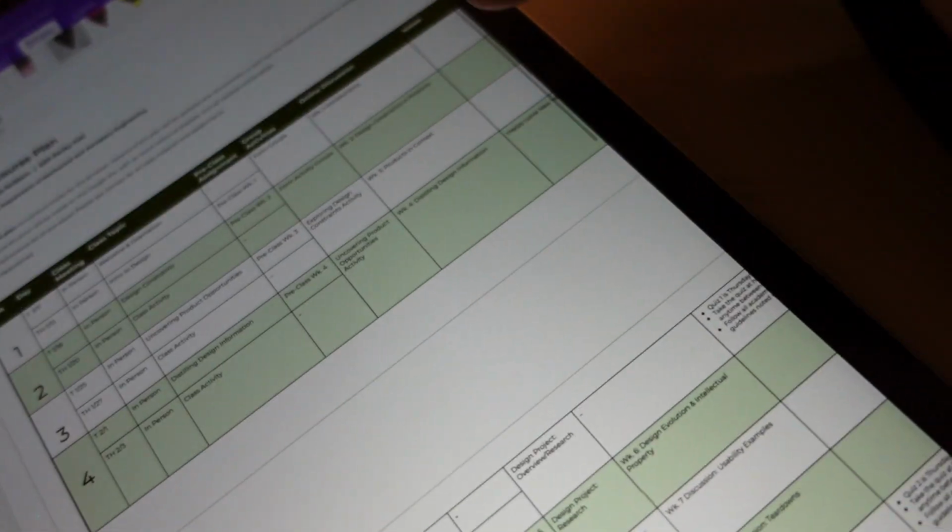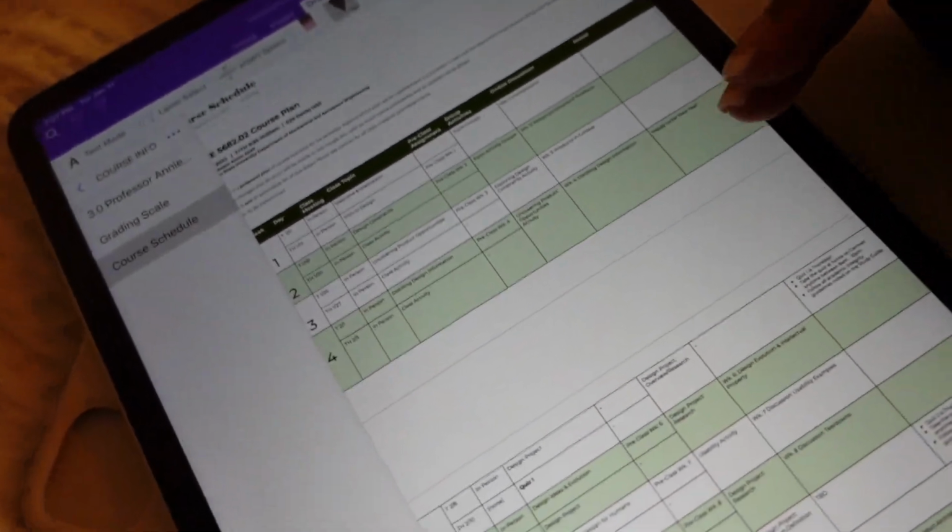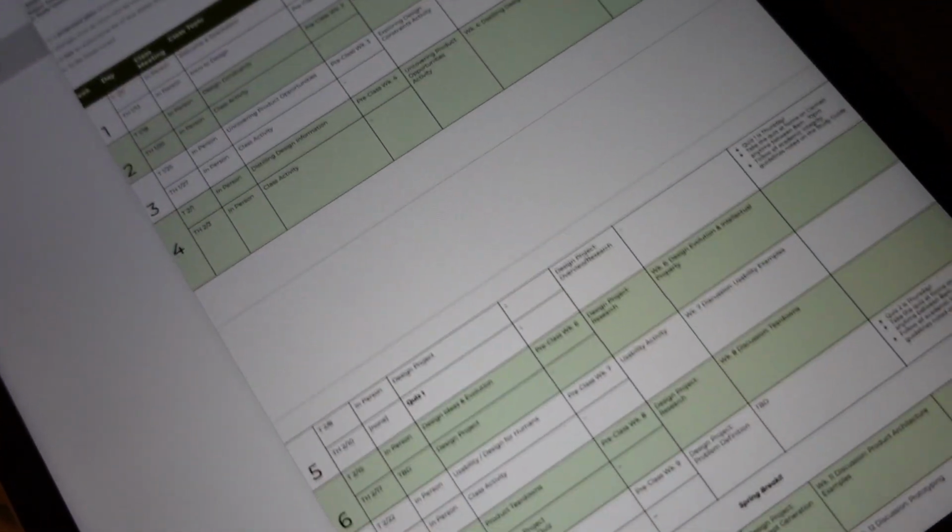In here, I have the grading scale. Then I have the course schedule in here. I imported a PDF document that she had on our Carmen Canvas page. I have the course info. I have the credit hours, because for whatever reason, every year I constantly forget how many credit hours a class is. Always make sure you are aware of how many credit hours a class is when you are in college,